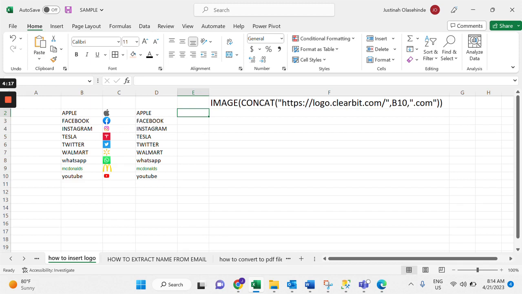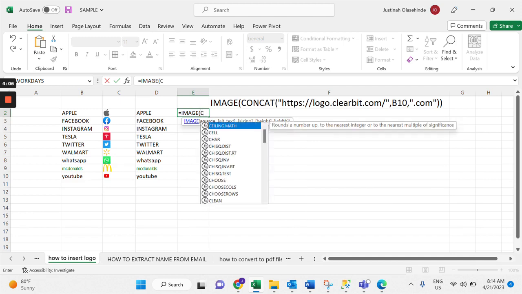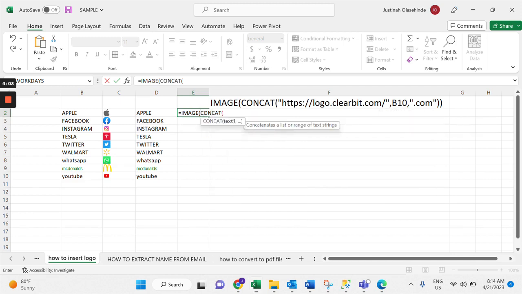Just make sure you start with equals to insert the formula, equals IMAGE, followed by CONCATENATE. CONCAT actually replaces CONCATENATE. CONCAT, then followed by the website with double quotes, https, then colon, double slash, logo dot clearbit